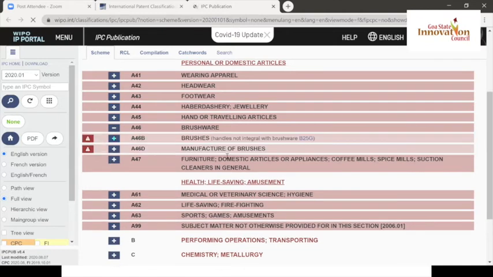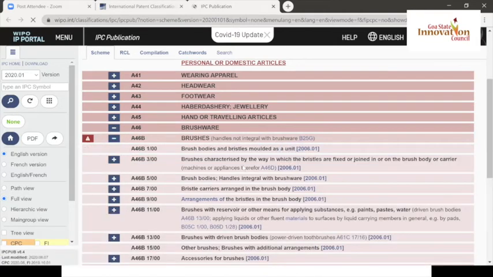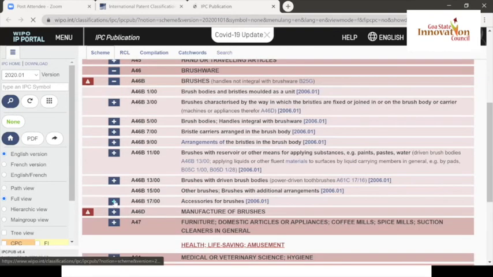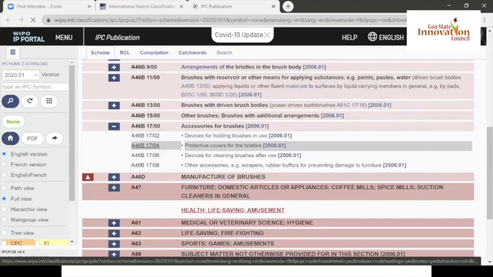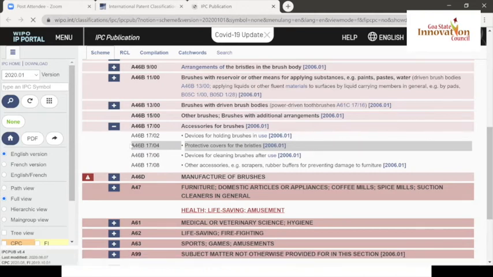Under brushes is brush bodies and bristles molded as a unit. Brush bodies, bristle carriers arranged in the brush body. So there has been so much invention in the brush. There are dedicated categories for brush itself, like accessories for brushes, devices for holding brushes. So you will see, when you make a keyword-based search and you come across some relevant patents, one code will be given in that document somewhere in the patent. I'll show you where. For example,